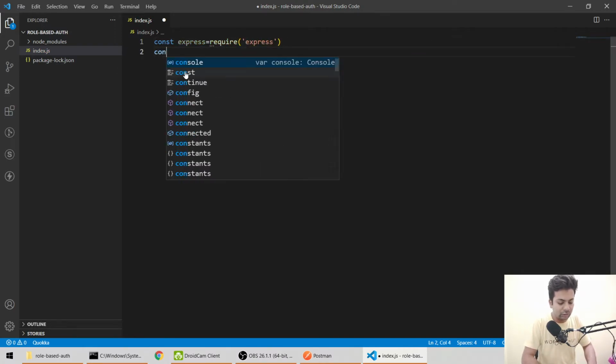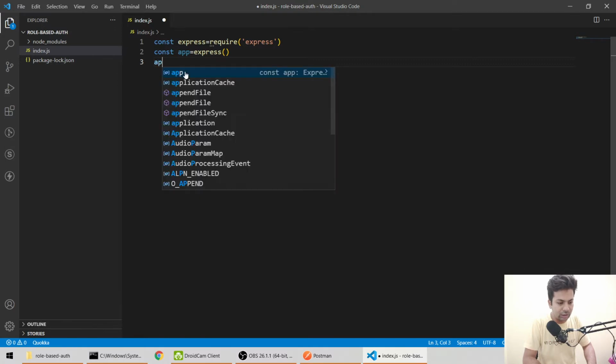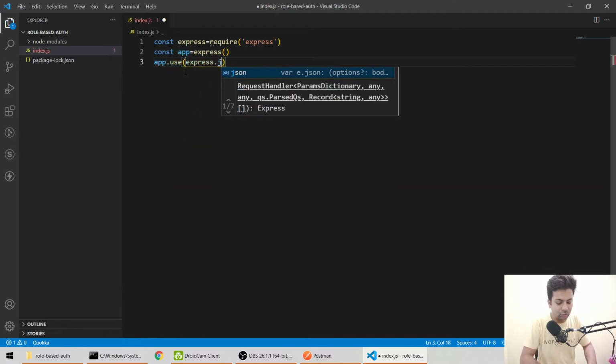Now we'll say const app equals express, and we'll say app.use(express.json()).